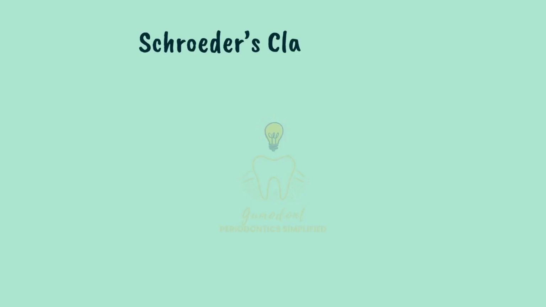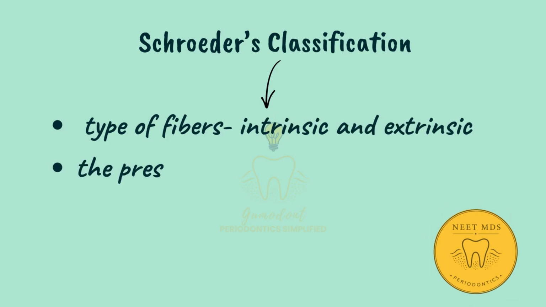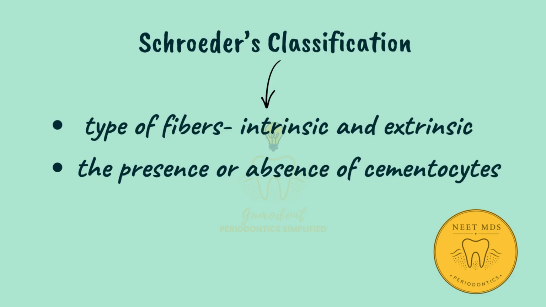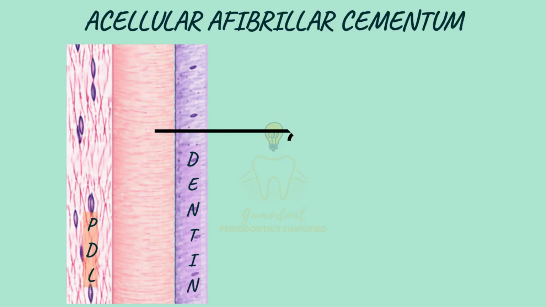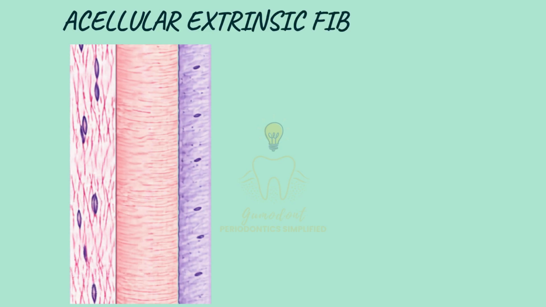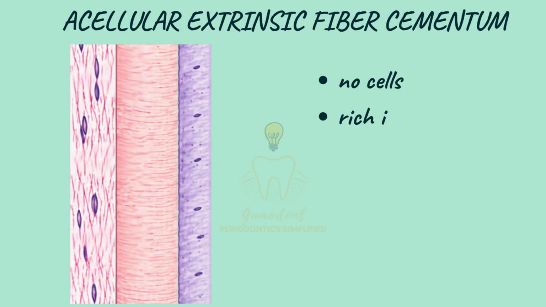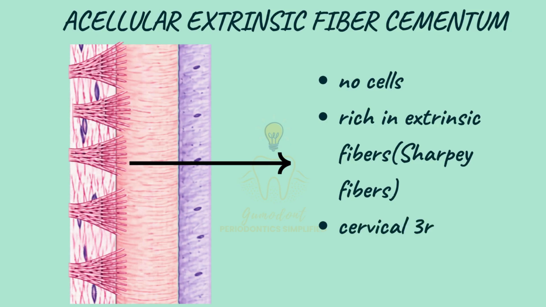Another classification of cementum by Schroeder is based on the type of fibers, intrinsic and extrinsic, and the presence or absence of cementocytes. First is acellular afibrillar cementum that contains neither cells nor fibers and is made up only of mineralized ground substance. It is mainly seen in the coronal region and does not have a significant role in attachment. Acellular extrinsic fiber cementum contains no cells but is rich in extrinsic fibers, that is, Sharpey's fibers. It is mainly found in the cervical third of the root and plays a major role in anchorage of the